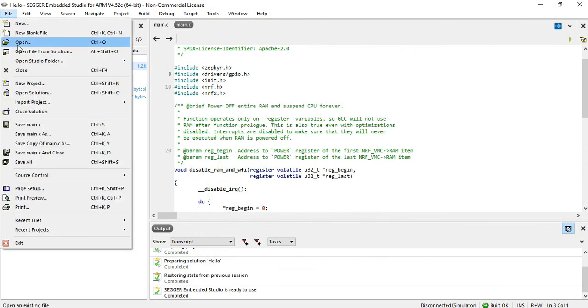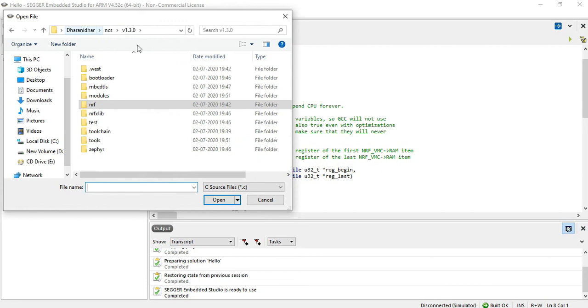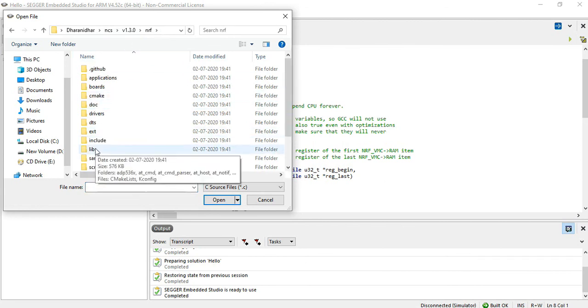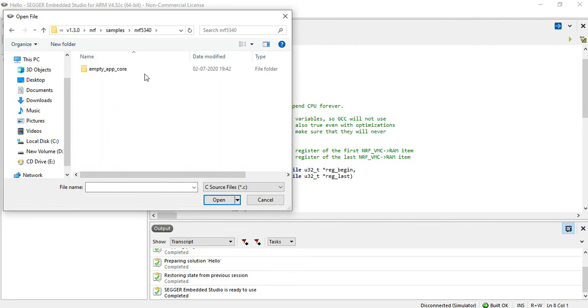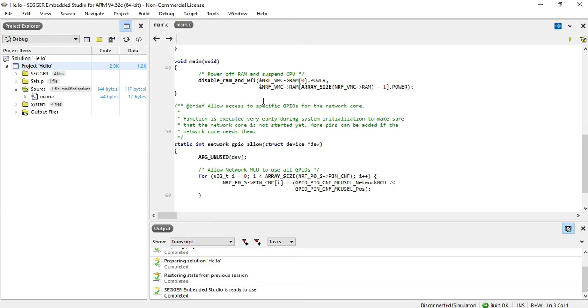Now when we go to file, open, we can open our files. So we'll just go back here. This is the NCS, and we have installed v1.3.0. Under that we can go to samples and nRF5340. We are just opening a sample file. This is the sample file which we have opened. This is how the files can be opened,